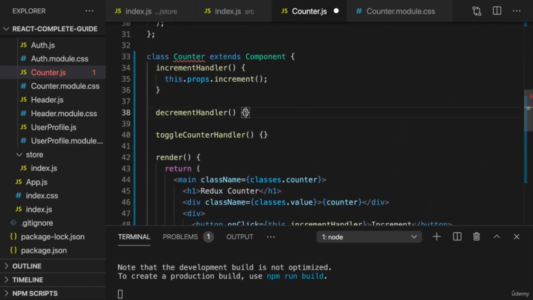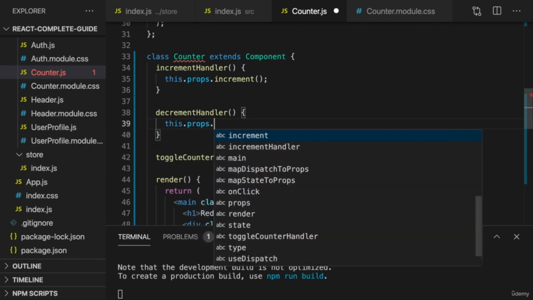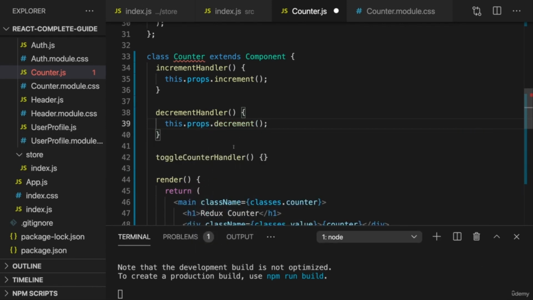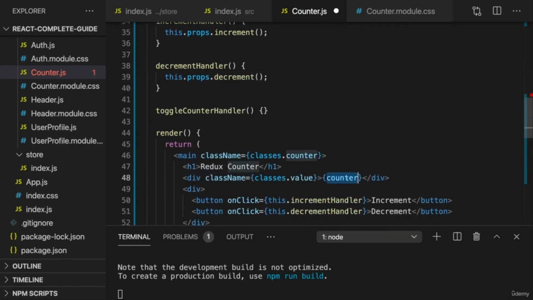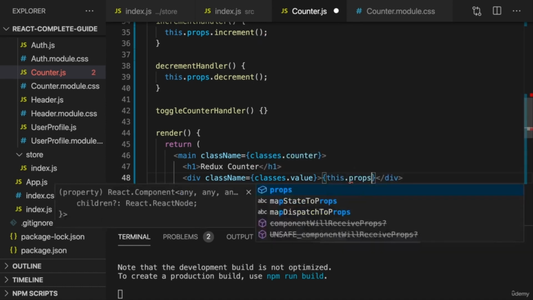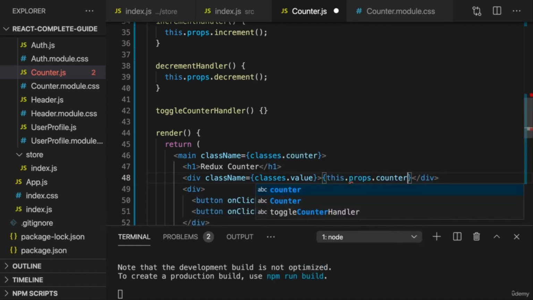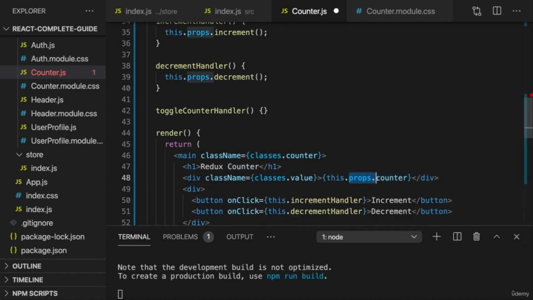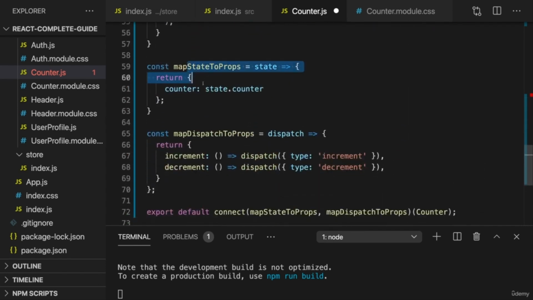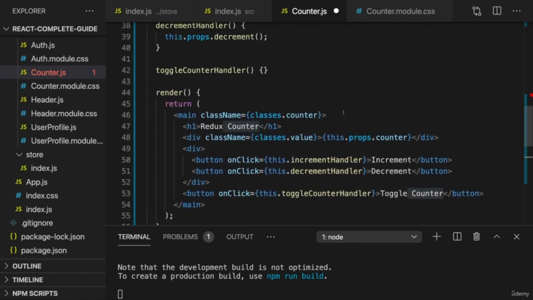And in the decrement handler, we therefore can execute this props decrement. And here in our JSX code, where we want to output the counter, we would use this props counter because we received a counter through props because of us mapping this counter state to the counter prop here. Now, to make sure that everything works,